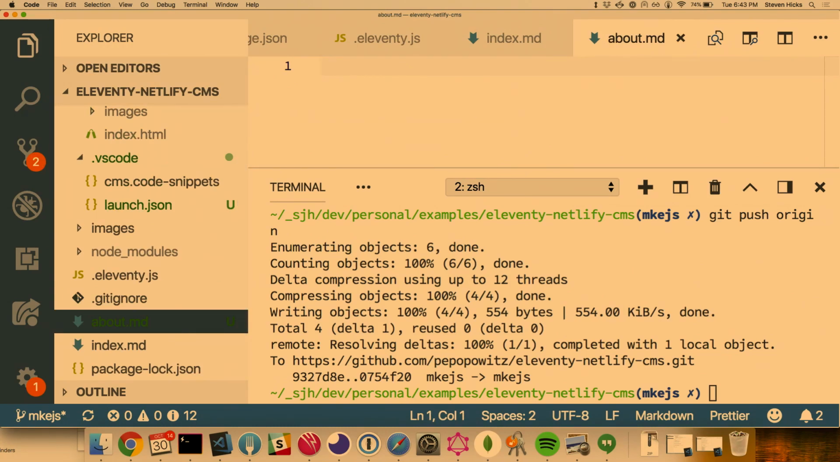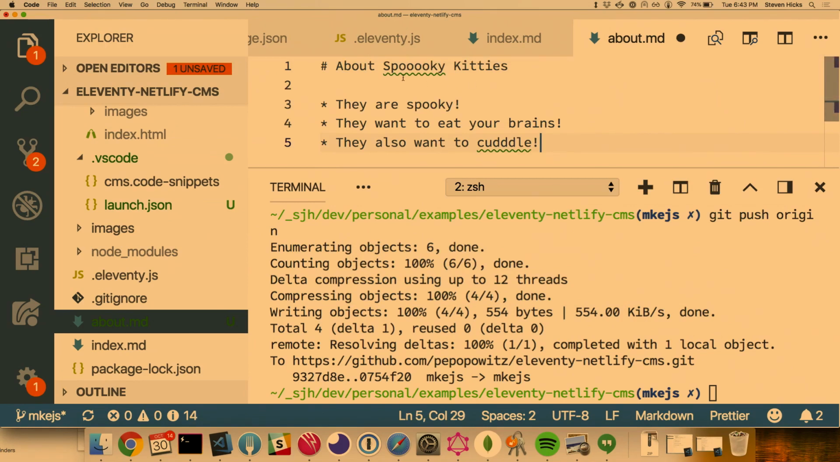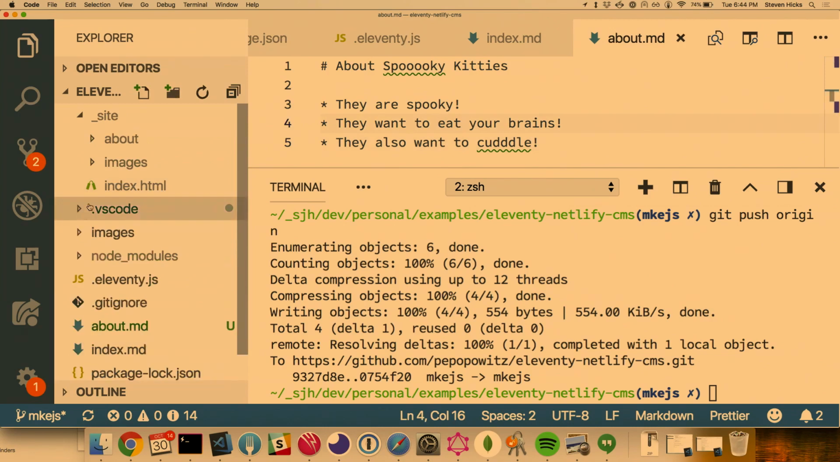And let's just say this is going to be due to 0. We'll say about spooky kitties. They're spooky, they want to eat your brains, and they also want to cuddle. That sounds like them. And then I'm going to also add, I don't have it yet, but I eventually want